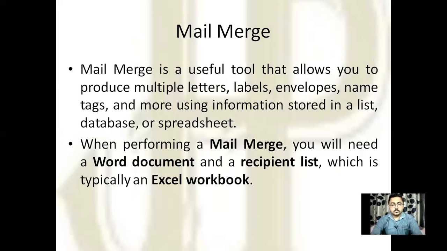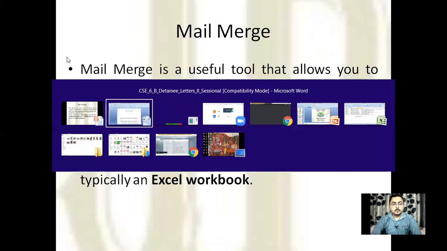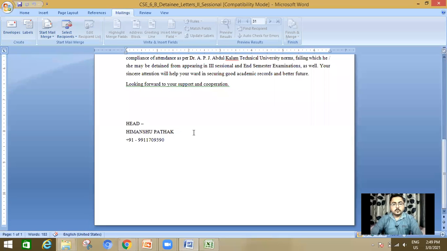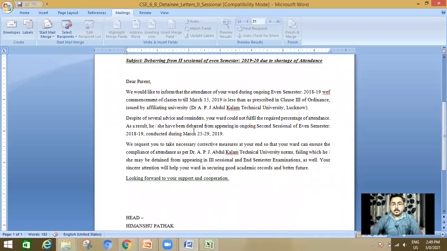Okay, so I have created both. This is the letter that I want to send to the students who are debarred from the exam due to shortage of attendance. As per the rule, 75% attendance is needed. I have just given you an example.